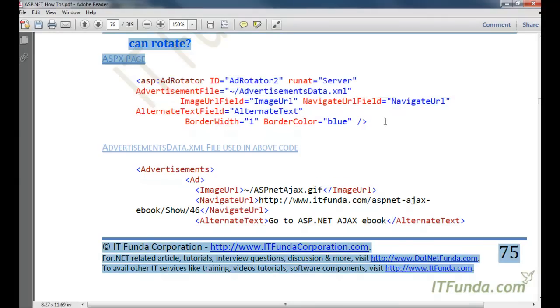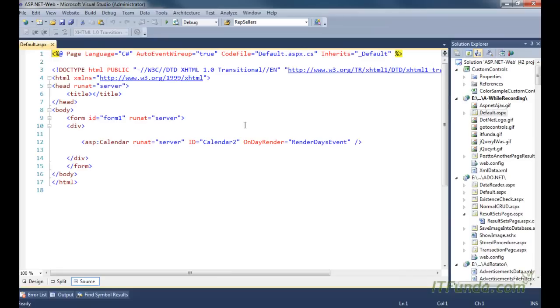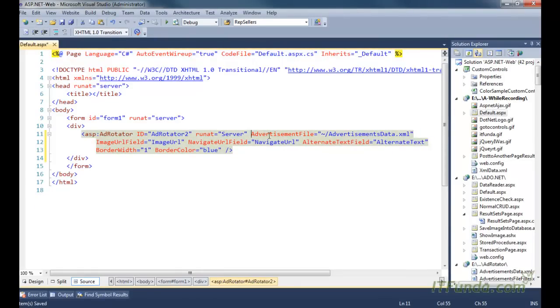So here is my AdRotator control code. Let's examine this code. Here we have specified AdRotator runat equal to server, AdvertisementFile equal to AdvertisementData.xml. So let us create one XML file here.